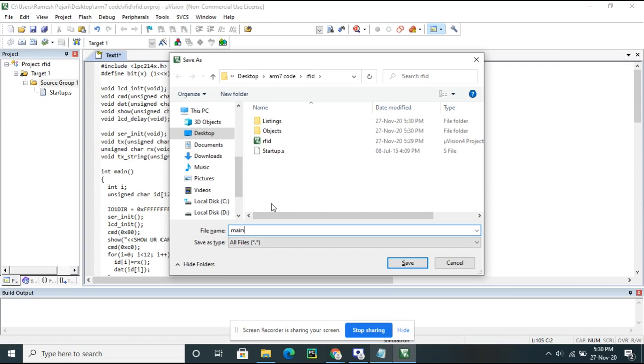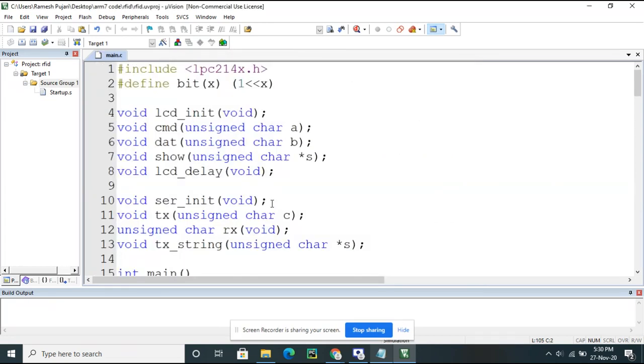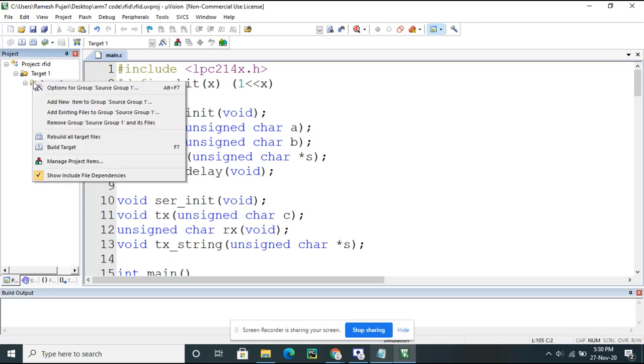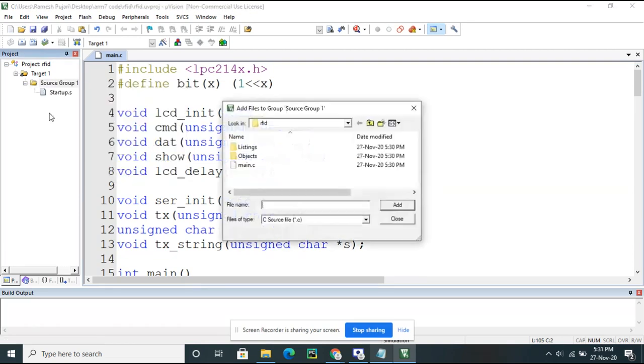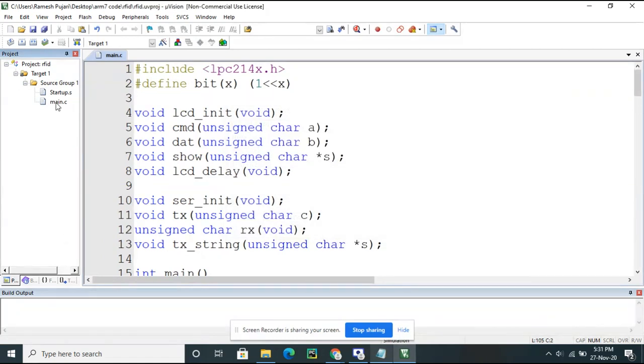I have given the file name with the .c extension, and now we have to add this source file. For that, right click on the source group, click Add Existing File, and then select main.c. Here you can see that the main.c file is added.